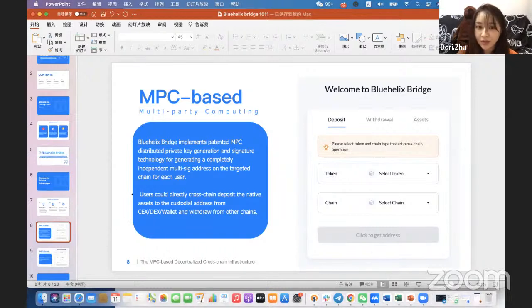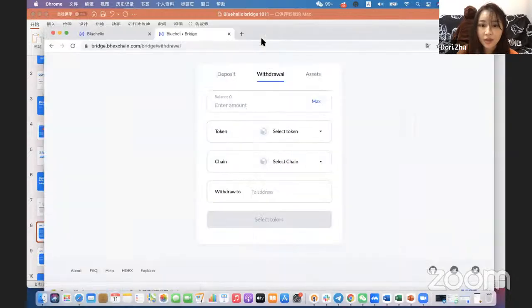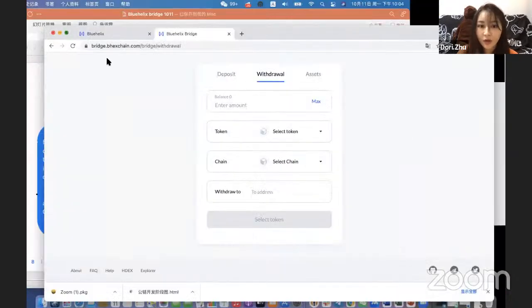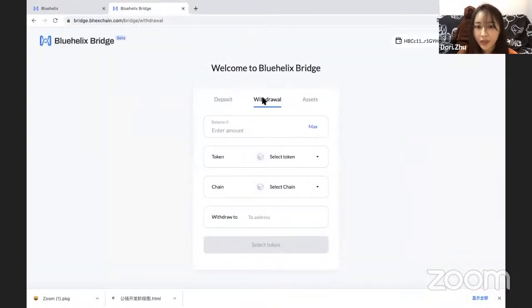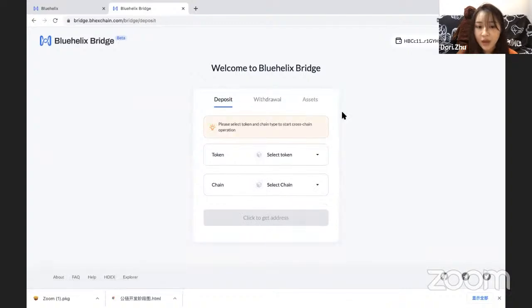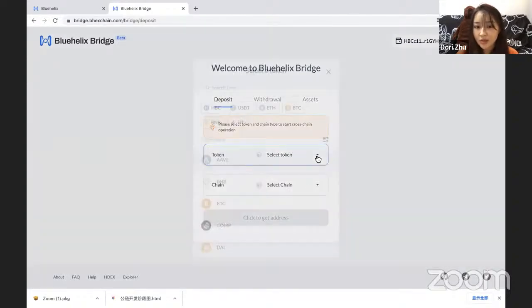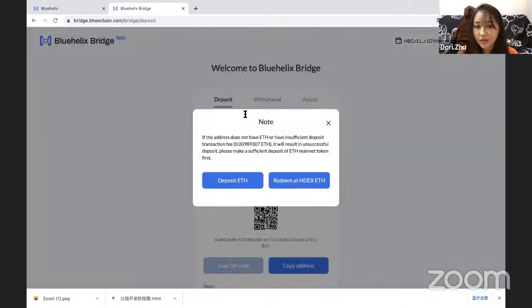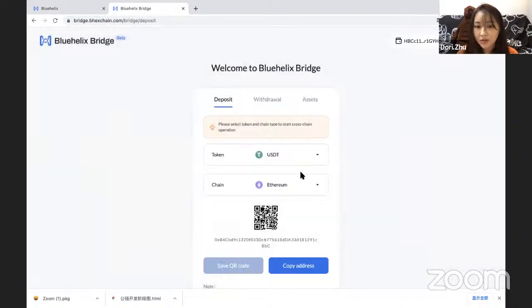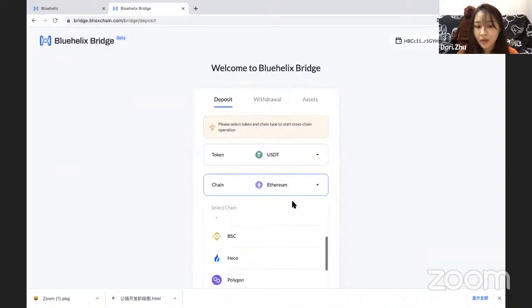You can see here is the website of our Bluehelix Bridge. If users want to deposit their USDT to Heco or Polygon, they can just choose here, select the USDT, and Ethereum, Tron, BSC, Heco, Polygon.